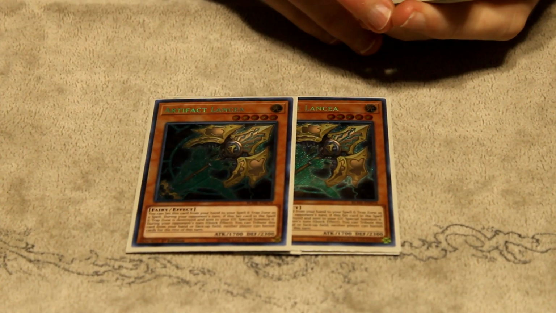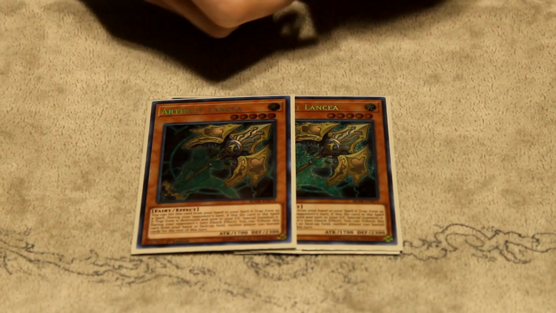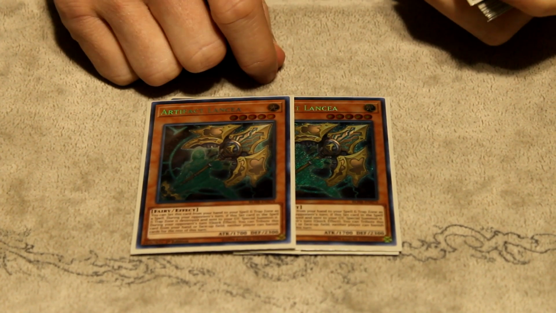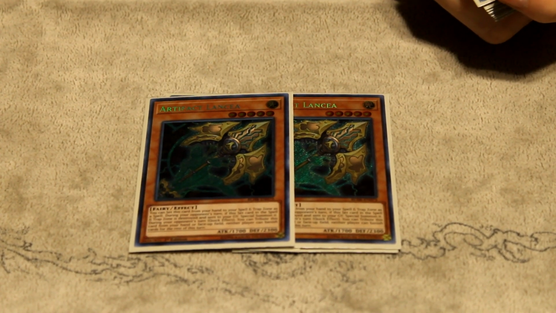So we're playing 2 Lancia. Like I said, you can do the artifact Dagda combo and set this if you don't want to set the Scythe. It's good against Tri Brigade and Dino, obviously. But,